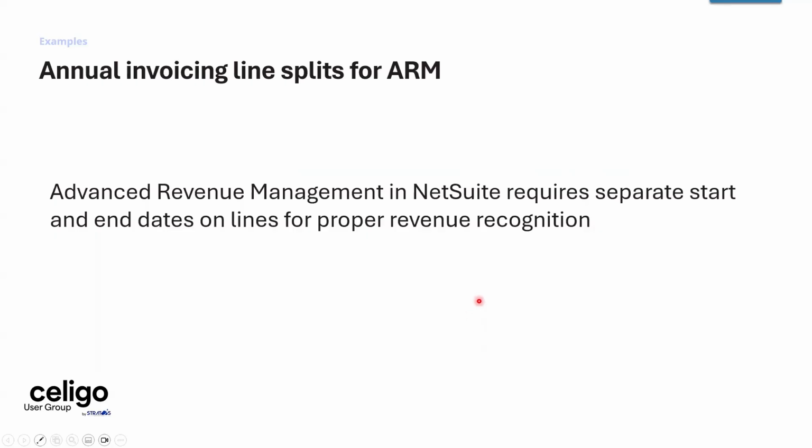The last one that I have here is a very specific use case. I just think that the flow looks really cool, and so I wanted to show it here today. So this is ARM, which is Advanced Revenue Management in NetSuite. ARM requires a lot of the time separate start and end dates on the lines for proper revenue recognition. In this example, this company sells a subscription, like a software subscription product,